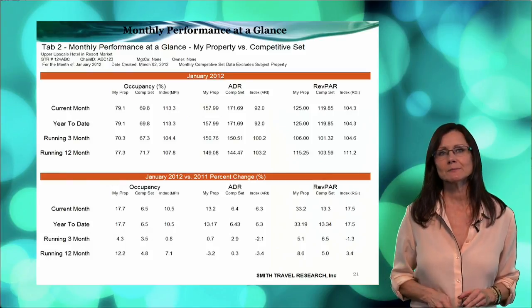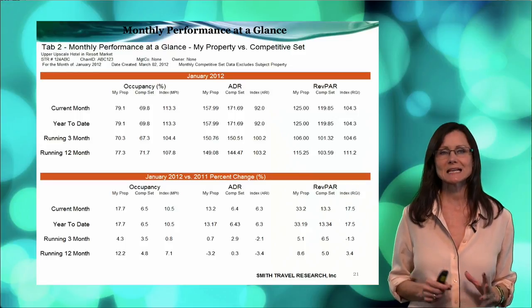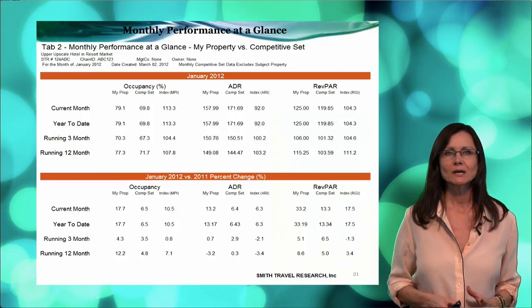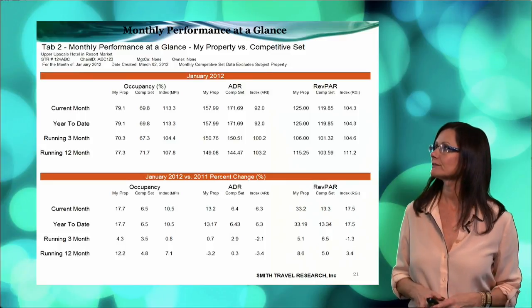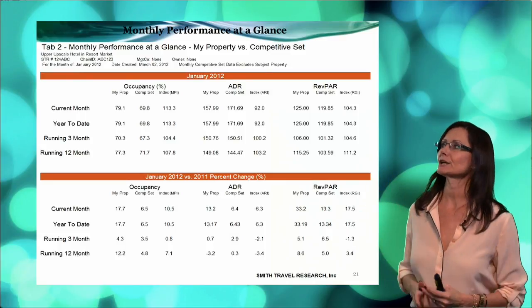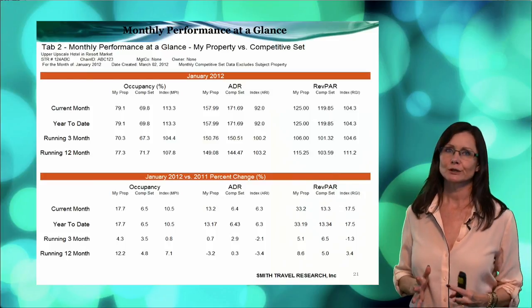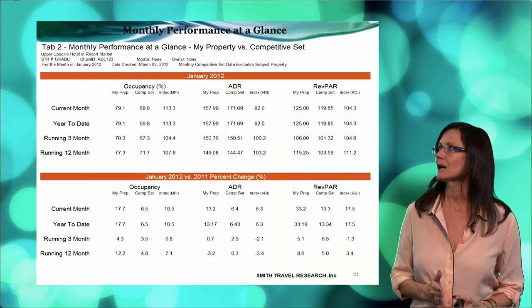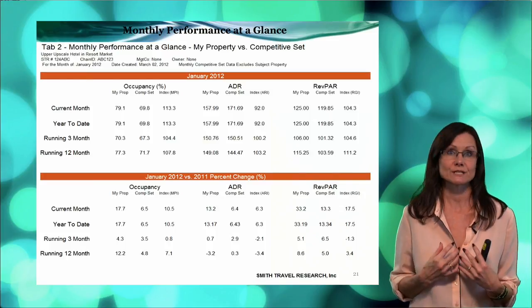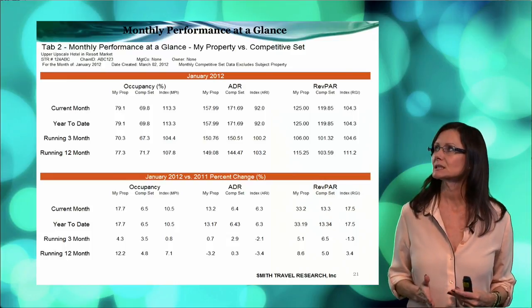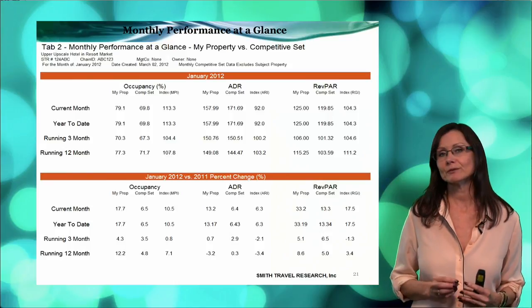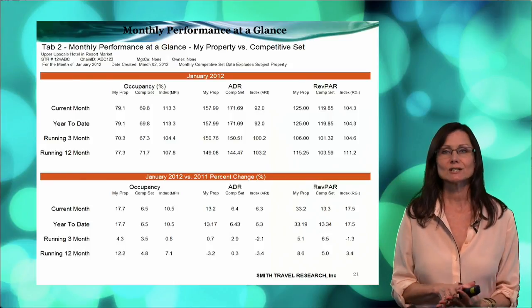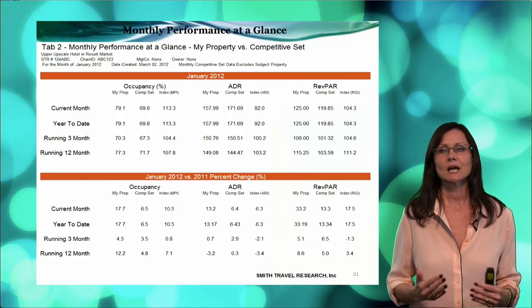So this is tab 2, which is a monthly performance at a glance. It's giving us an overview of our occupancy, ADR, and our RevPAR. So the very first 3 columns there you can see is occupancy. The first column there is titled My Property. So that's our hotel. The next column you can see it states competitive set. That's our 6 competitors that we've told STR, these 6 hotels are our competitors, so I'd like to compare ourselves